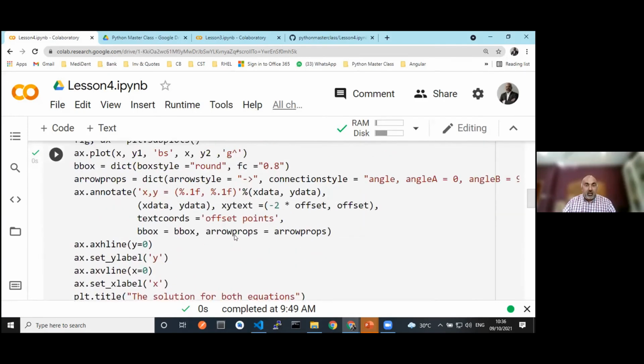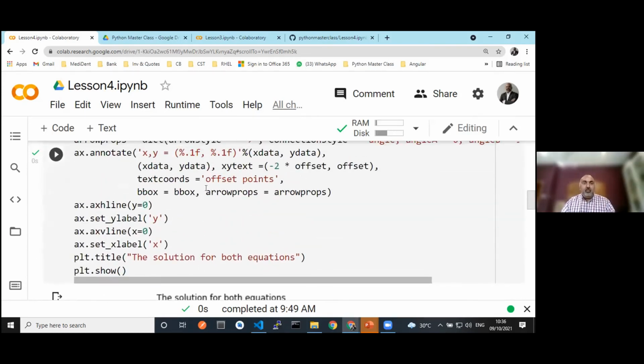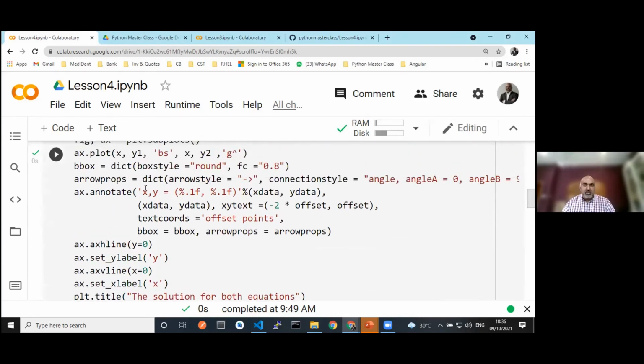And then we are annotating. Annotate means to draw this particular thing. All right, I need to say annotate. Annotation is a way of describing points on a particular graph or on a particular plot. Okay, so it's very simple. All right, don't worry too much about the code right now. But what it's doing is the first